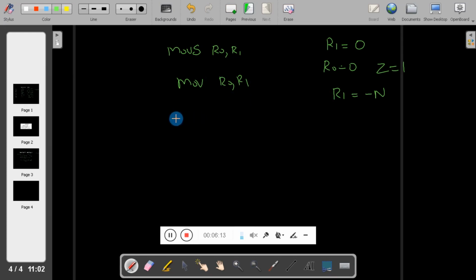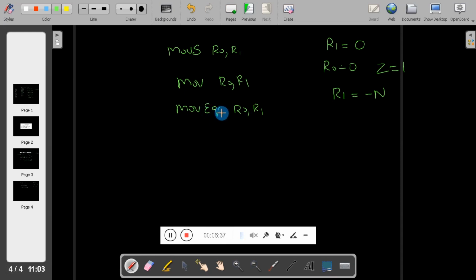So now we'll move to one more instruction, that is MOVEQ R0, R1. Here you see the core of the instruction is move, that will move R1 into R0 only when the previous operation results in equal.